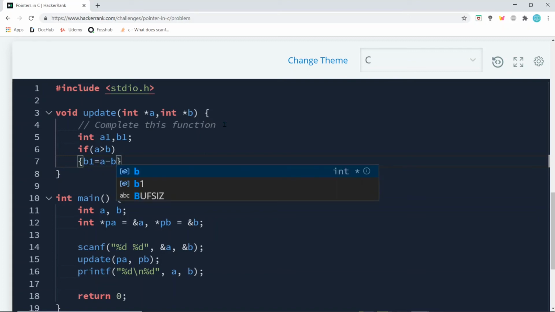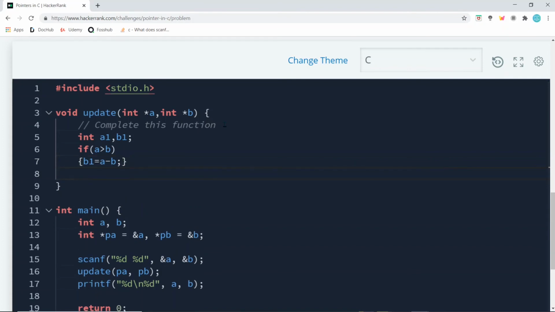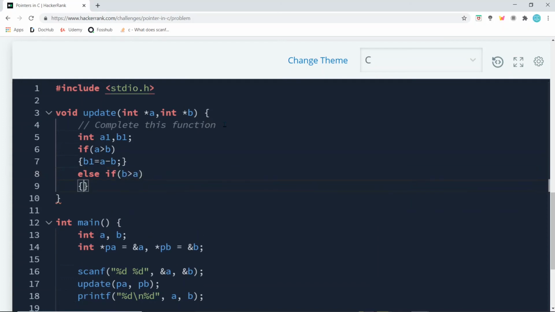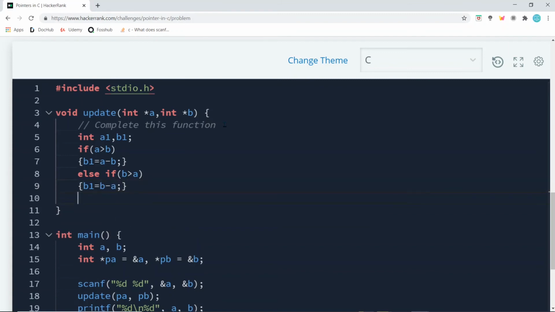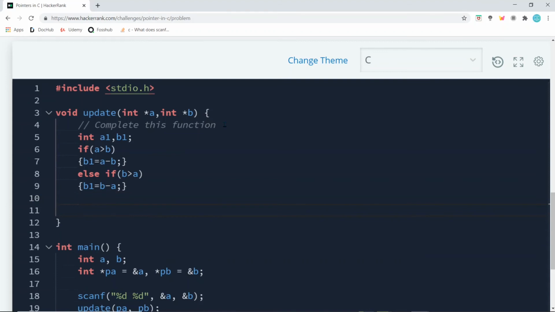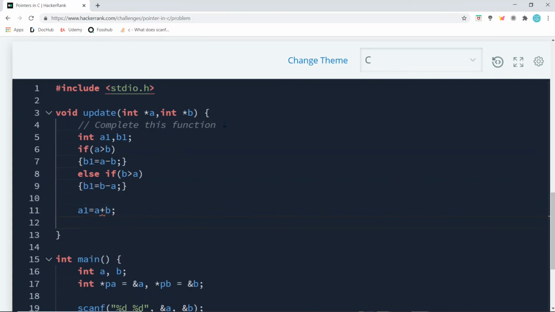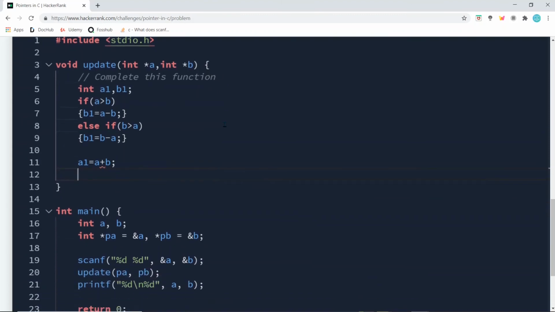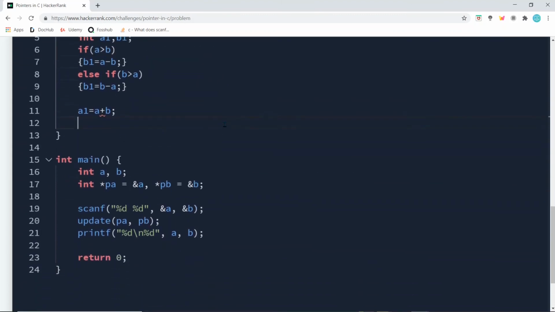And in another case, else if the value of b is greater than the value of a, we have b1 is equal to b minus a because b is larger. So we have the value of b1 and now we want the value of a1. So a1 is simply equal to a plus b. Now we have to return the value of a1 and b1.